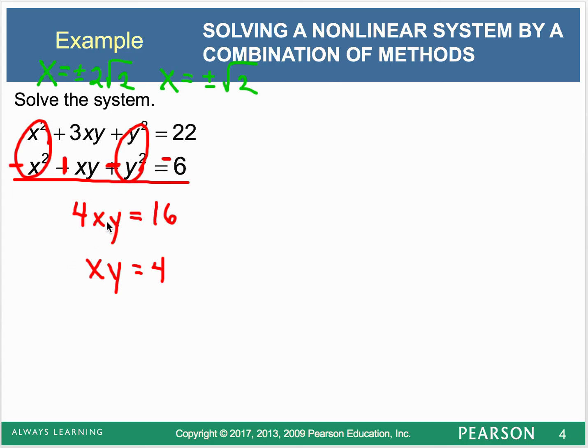Typically when we do this, we get one variable, but notice I still had to solve this, okay? And I solved it for y equals 4 over x. I think I probably solved for y, whichever one I solved for. Y is 4 over x, and x is 4 over y, and then we plugged back in, which I had